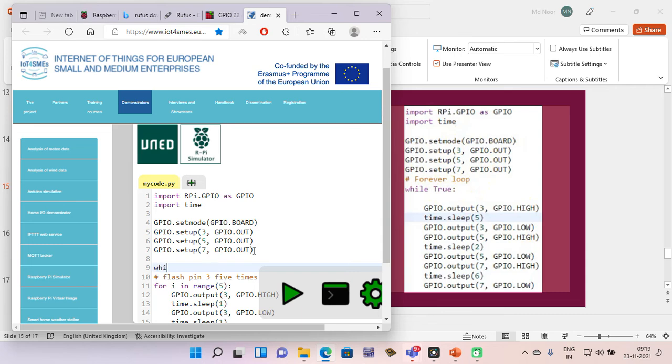While True, so you turn on the red color light, then you go for sleep for 5 seconds, okay.